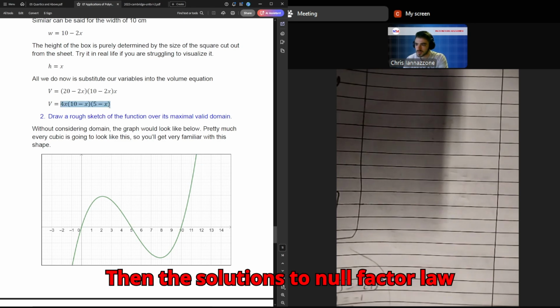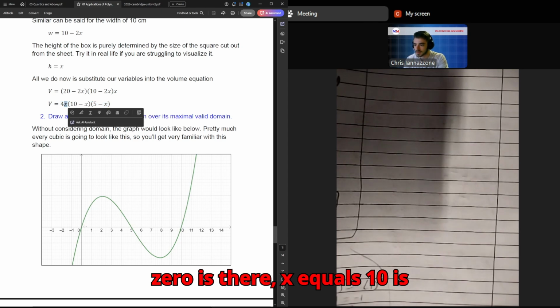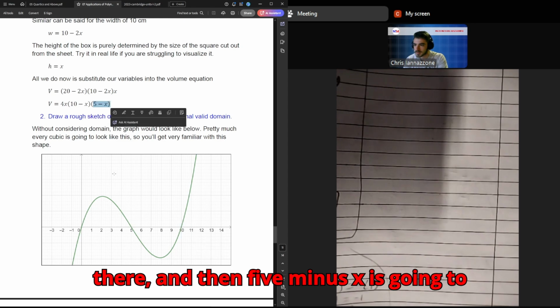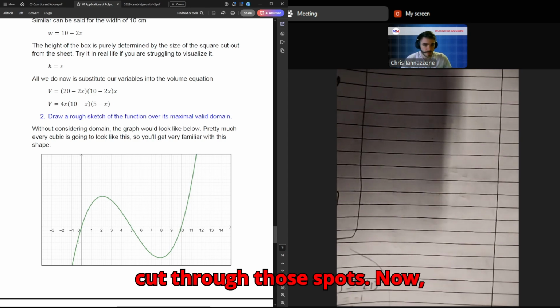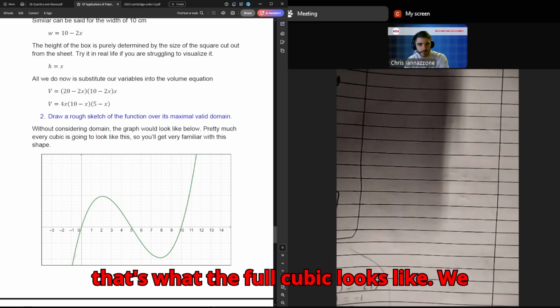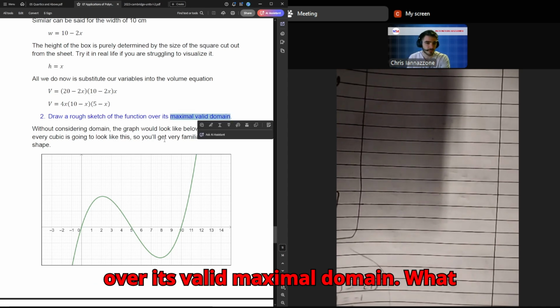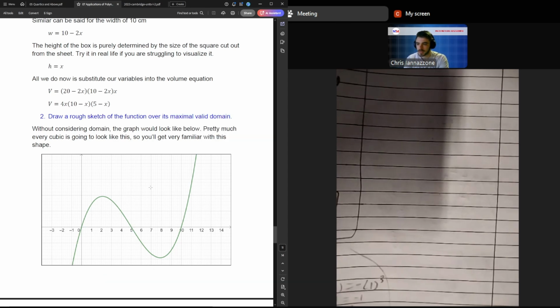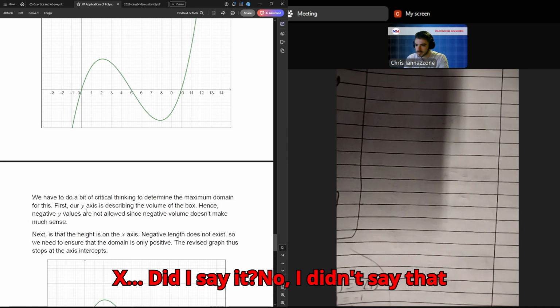Then the solutions to null factor law give us the intercepts. So x equals 0 is there, x equals 10 is there, and then 5 minus x is going to give you x equals 5. And all you've got to do is just loop around until you cut through those spots. Now, that's what the full cubic looks like. We want to know what the cubic looks like over its valid maximal domain. What does that mean? Well, remember that x,